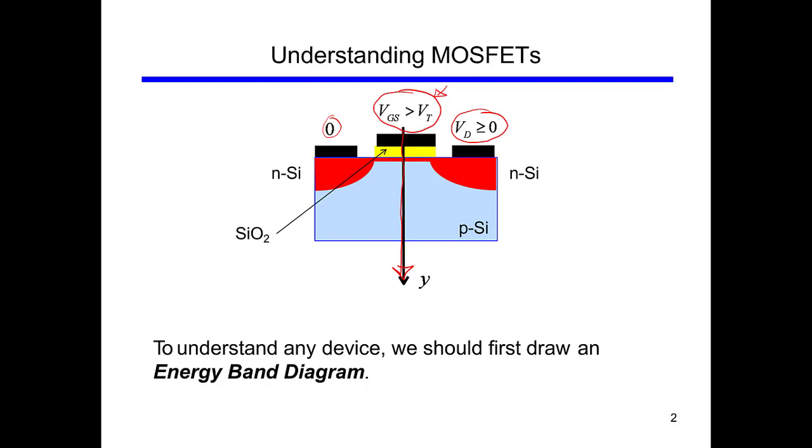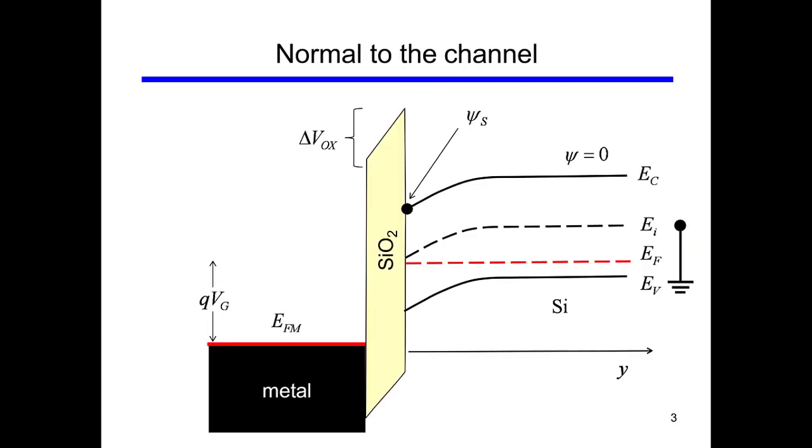If you remember, in one of the previous examples, there was a similar thing that we discussed. Here was our gate, then we have the silicon dioxide layer, and then there was this p-type material. So this was one of the examples that we discussed in the earlier part of this week's lecture, and here